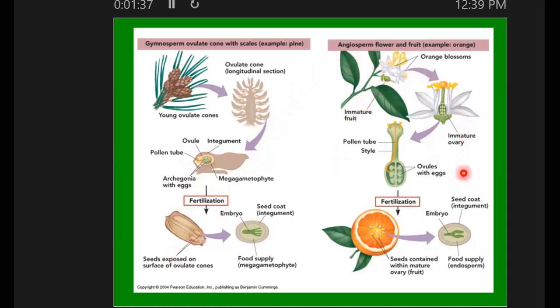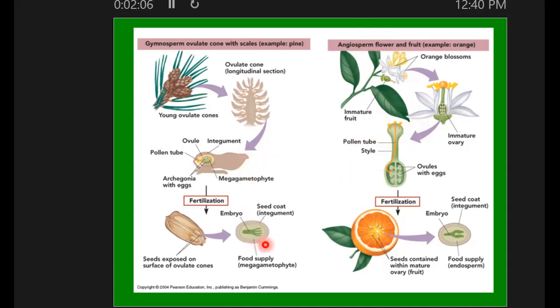Angiosperms, on the other hand, are looking at this strategy of a flower. And we're going to learn that flowers can have both male and female parts in one flower, or maybe they're going to separate that out into 2 different flowers. It depends on what plant you're looking at. But you need to get the pollen to the female part of the flower and then get the sperm delivered to the egg. So we're still going to talk about ovules, just like what we did with the Pinus life